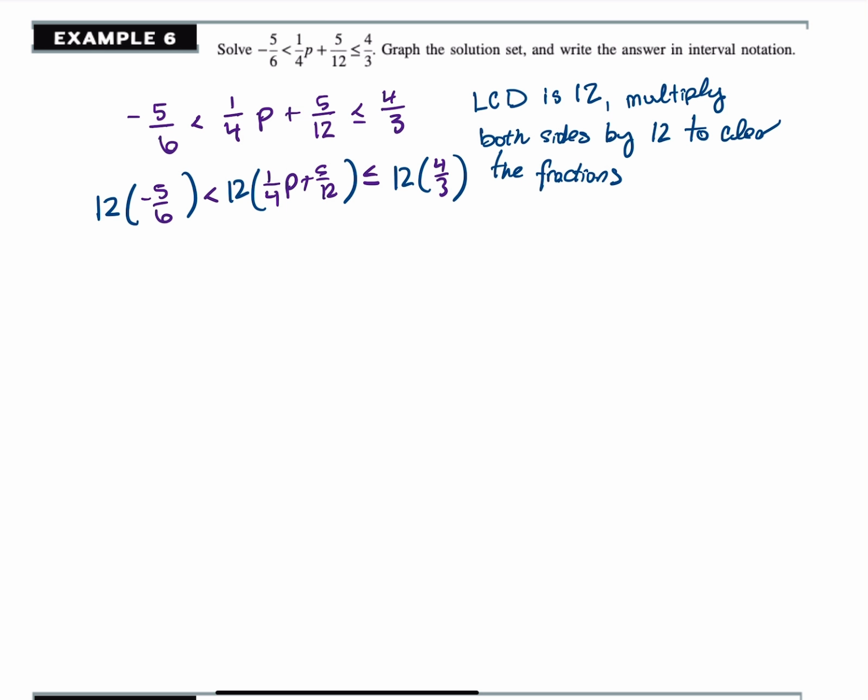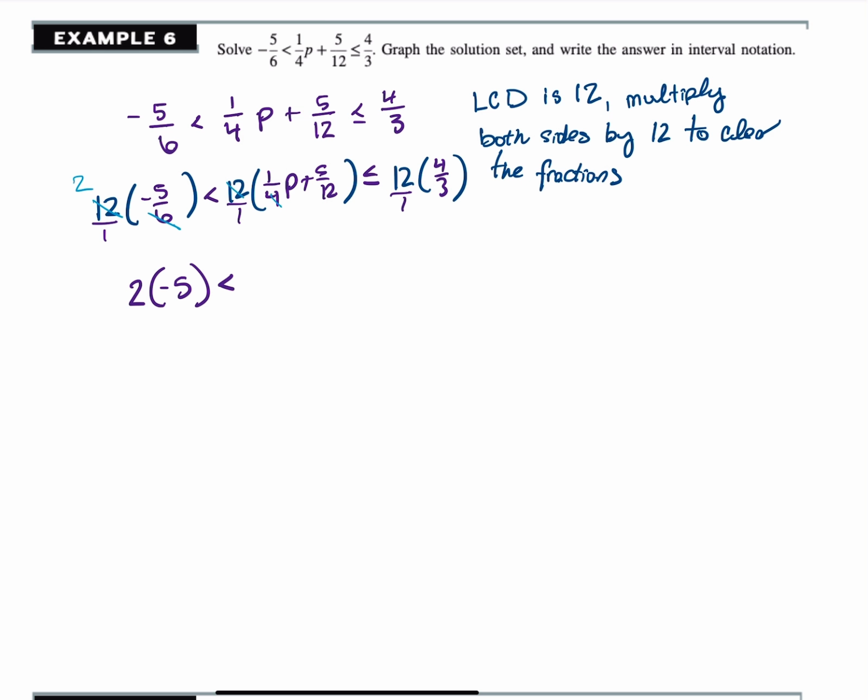All right. So let's start to reduce as much as we can. Think of each of these as a 12 over 1, 12 over 1, 12 over 1. So 6 goes into 12 two times. So this will become 2 times negative 5, which is less than. And then here,